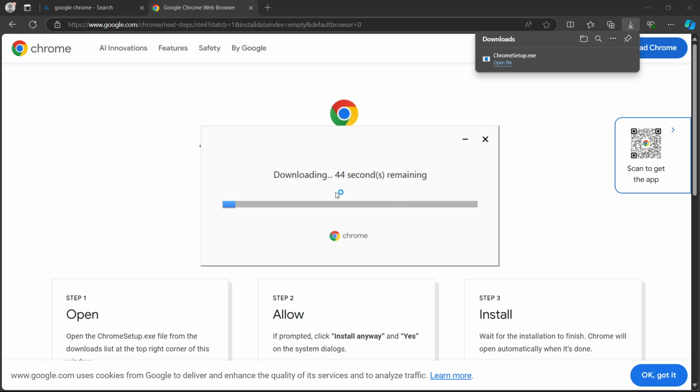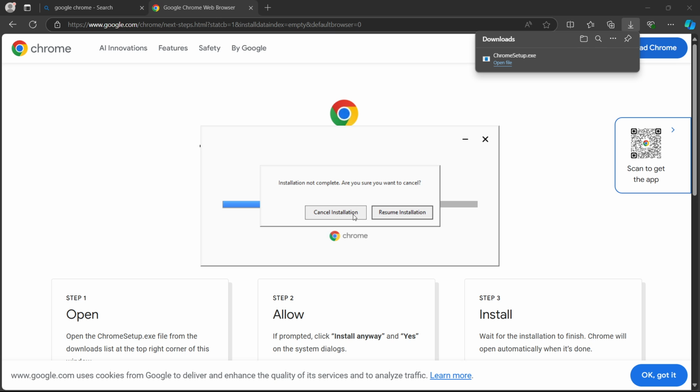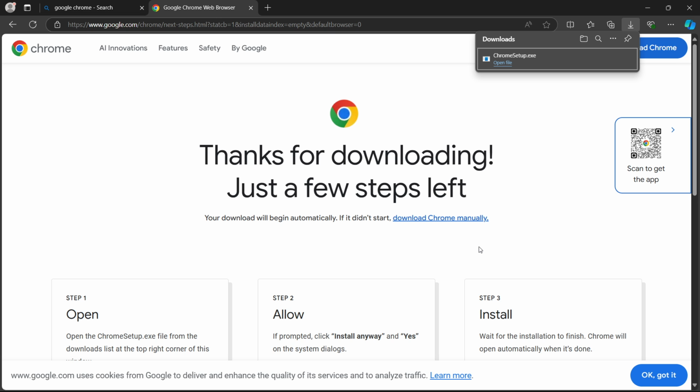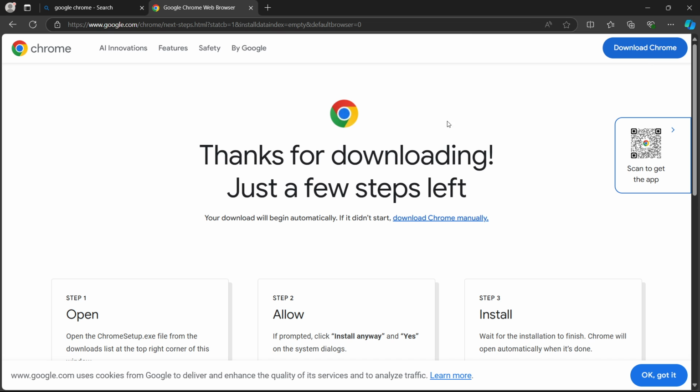And automatically it will start downloading and installing Chrome. Now I'm gonna skip this because I already have Chrome installed over here. I'm gonna click cancel installation, but in case you don't have Chrome installed yet, this will install Chrome to your computer. Now, if you can't see this file over here we just took a look at,